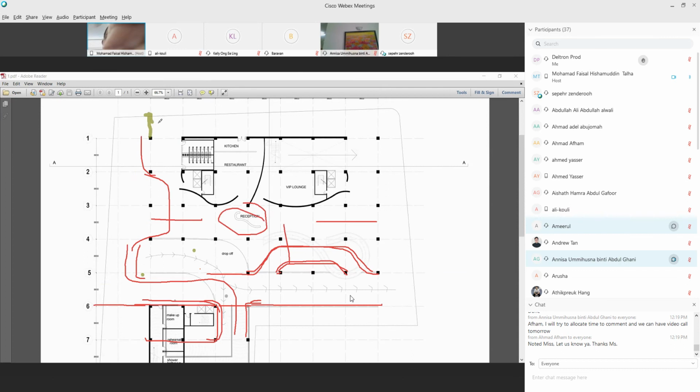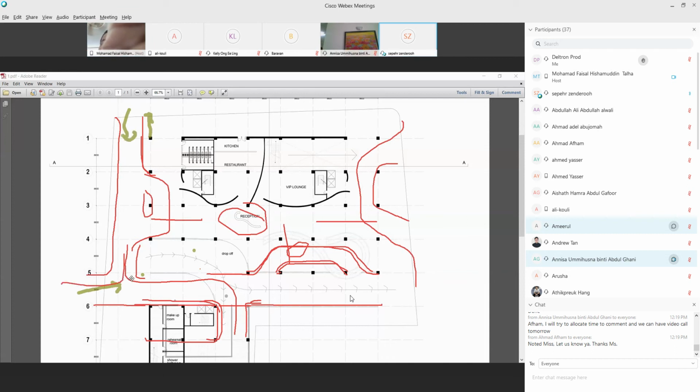Oh, you mean like that? The road coming from here, and move up like that. Can. Then you can have a drop off there. One drop off here, and then this one can be from the main road here. You can just go like that. So this one is also one entrance, right? One here, one here. No, this one can be exit. Exit. Oh, okay, come down like that.